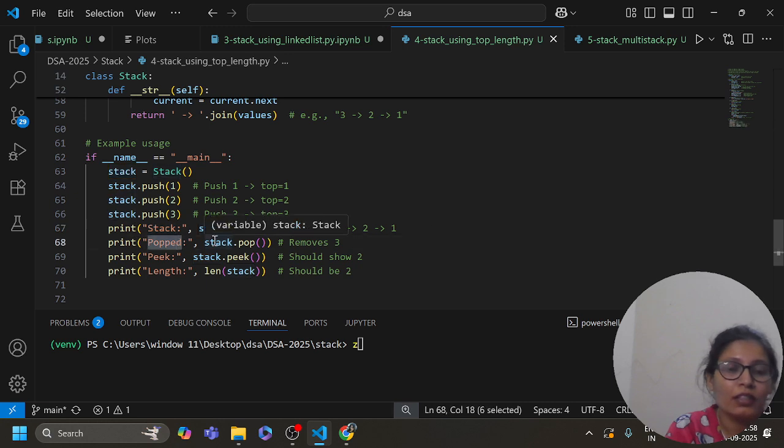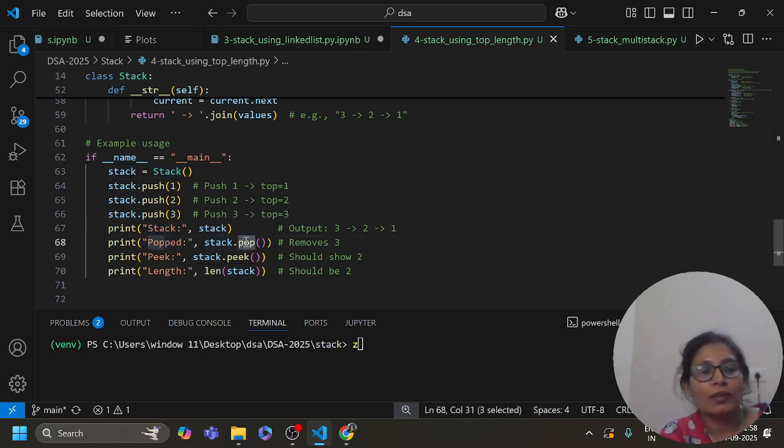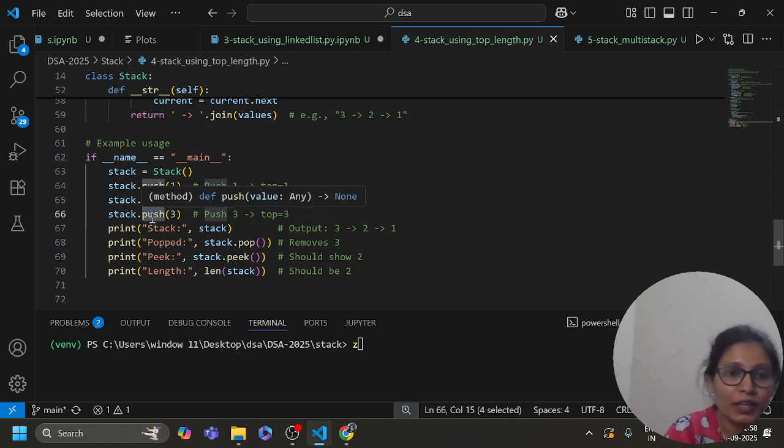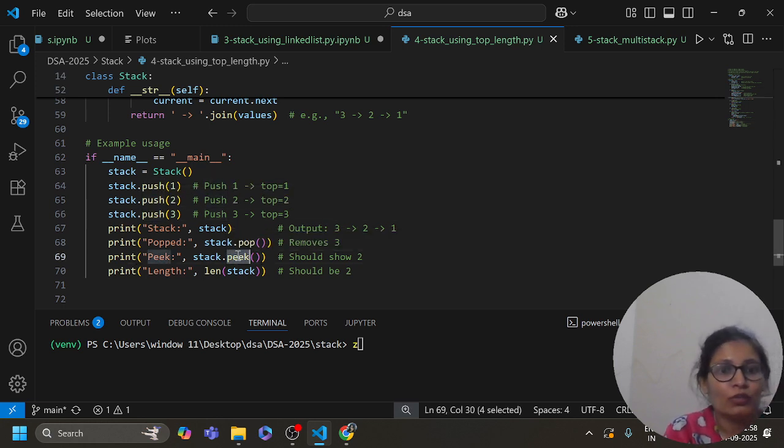Popped element: stack.pop removes an element from the top, and we had 3 at our top. Peek: stack.peek gives 2 because 3 was already removed from the stack. Now we need to check the length, len(stack), so it should be 2.